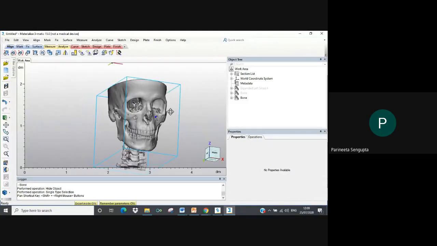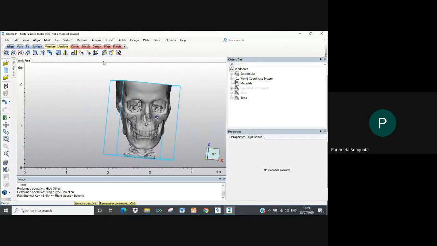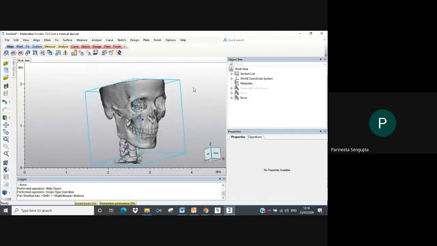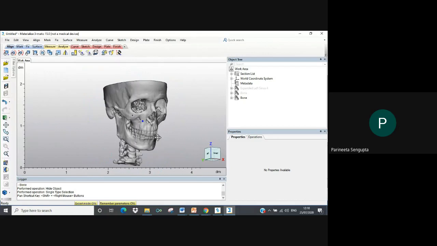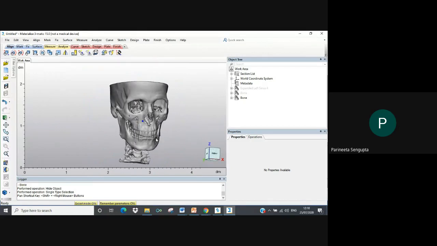Then what we can do is, right now, just wrap up that this is how you import your model into Materialise, and in the evening we can look at the oropharyngeal airway pathway, and then finish how to fix the file and make it print ready in that session, if that works for everyone. Can we do that?